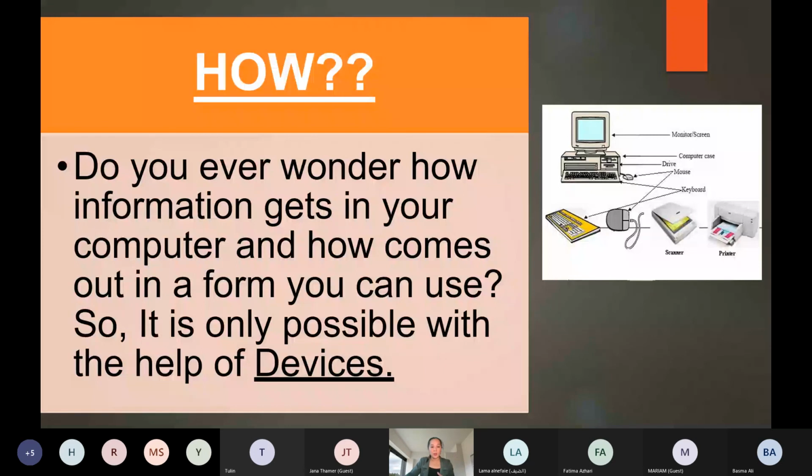We have here, it is only possible with the help of devices. Look at the picture on my right side. We have here an example of